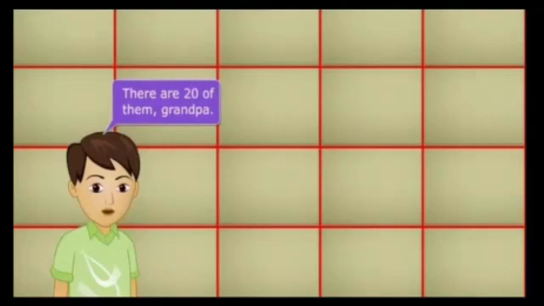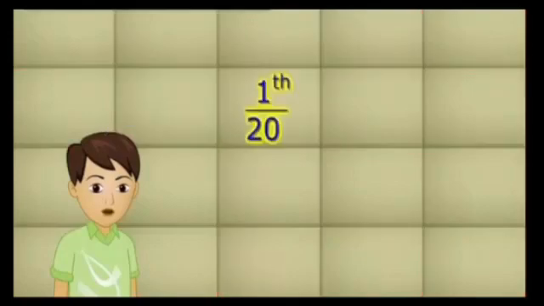Dear children, we can see the back side of Rishabh there is a wall, and this wall is divided into 20 equal shapes and sizes of the tiles. So we can write here 1 by 20 because one whole wall is divided into 20 equal parts in the form of tiles.